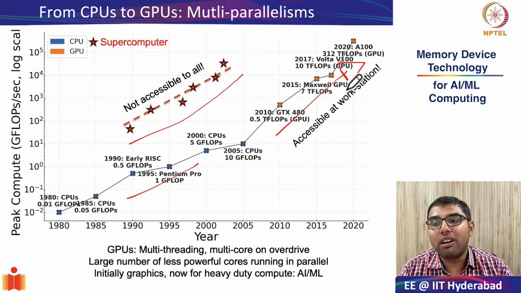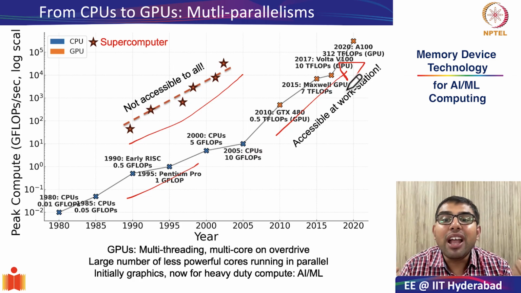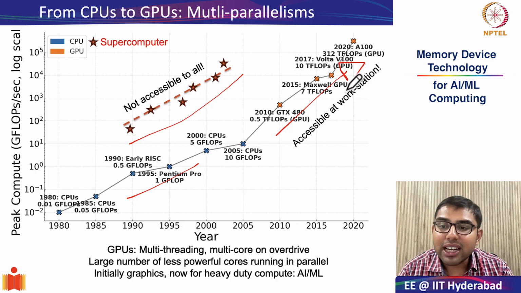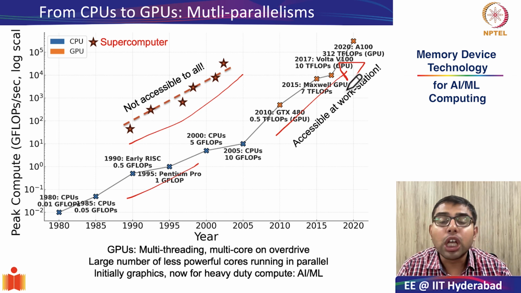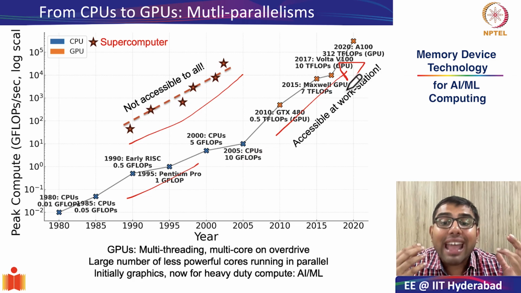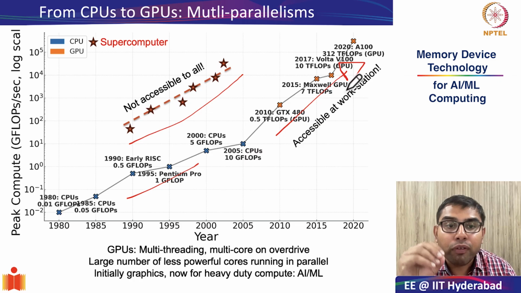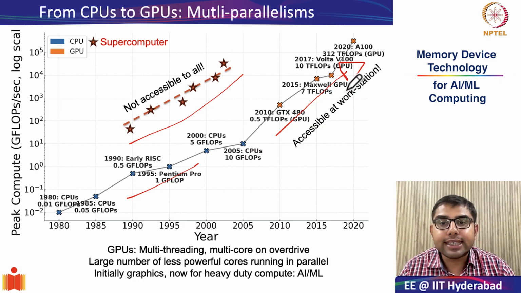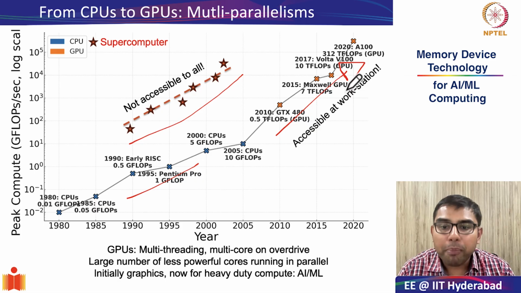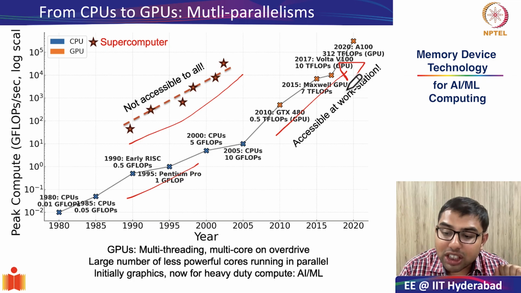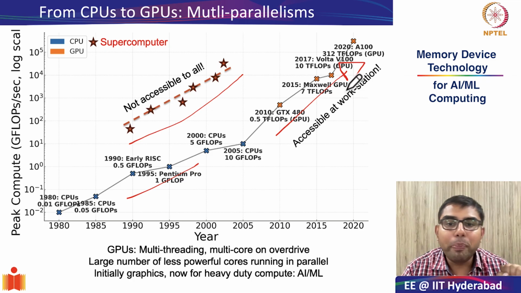They allowed deep learning and AI to flourish by giving the compute power of a mini supercomputer on just a single card. And that is why the curve you see for GPUs takes off so steeply, hundreds and thousands of times faster than CPUs, but accessible to almost everyone. This was done by reducing the cost per floating point operation per second. So GPUs were a revolution because they were able to reduce the cost of computation. And that is why we will look at GPUs in a little bit of detail.